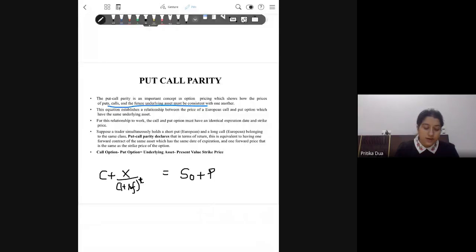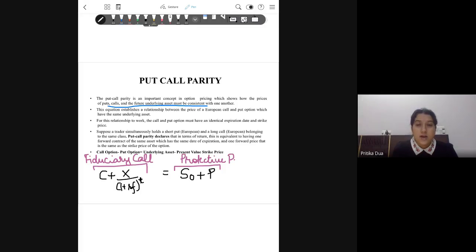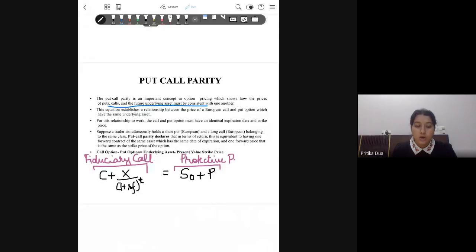So holding a fiduciary call. Fiduciary term means something out of trust. So a fiduciary call is when you are holding a call option and you are holding a riskless bond, which is equal to holding a protective put. What was a protective put? You go long on a share and at the same time you purchase a put option to protect yourself from any possible downward fall in the price of the share. So both these strategies will give the same outcome to the investor. Whether you hold a fiduciary call portfolio or you go for a protective put portfolio, it will give the same outcome to the investor. For that, we did this example yesterday,